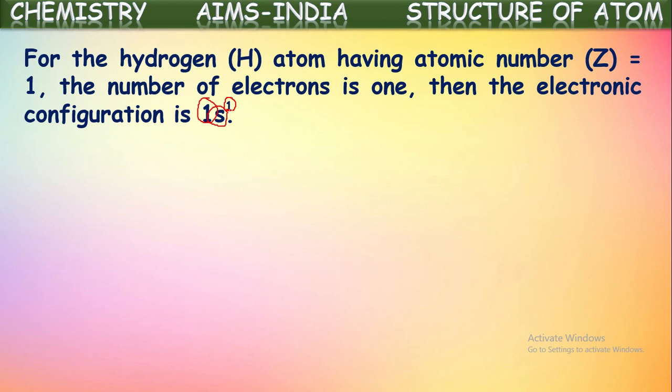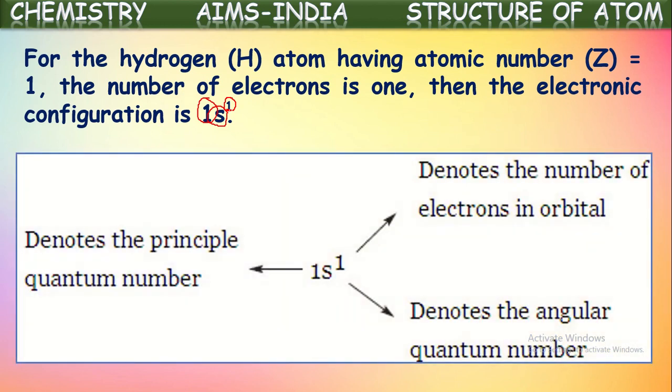First we write the principal quantum number or main shell number. Beside that, we write the subshell symbol, and in the superscript position of this subshell, we represent the number of electrons accommodated in that subshell. This is known as the symbolic representation of electronic configurations of the elements. As it is a simple one, we have taken hydrogen's electronic configuration as the example. See here what it is representing. It is shown diagrammatically. 1s1 is the electronic configuration of hydrogen because its atomic number is 1.